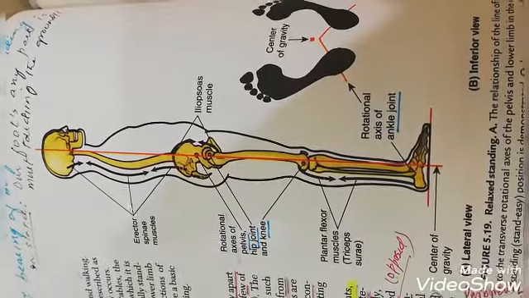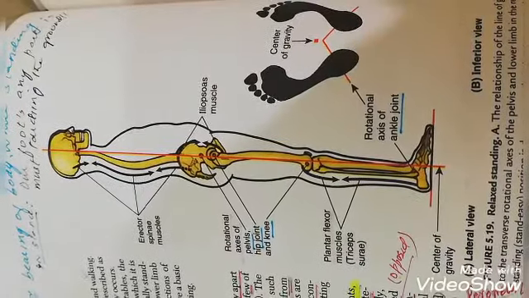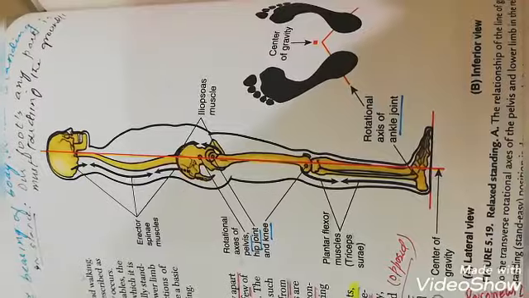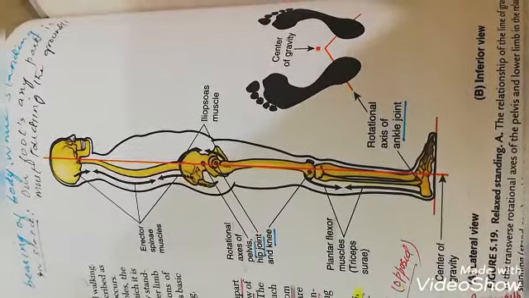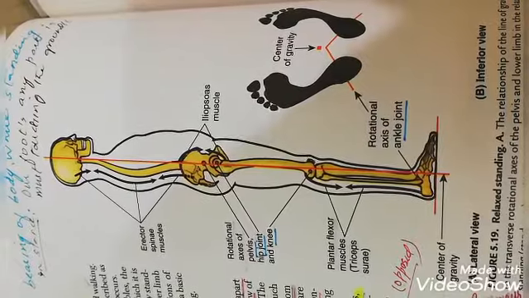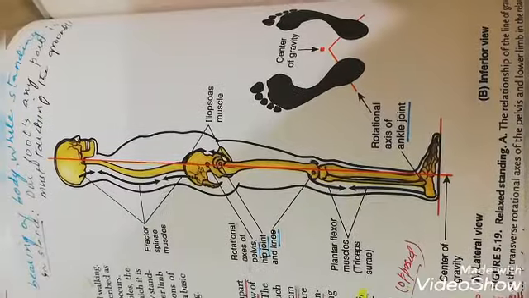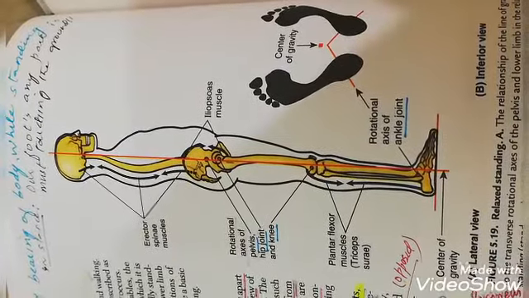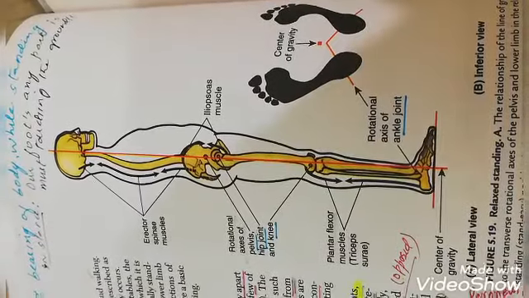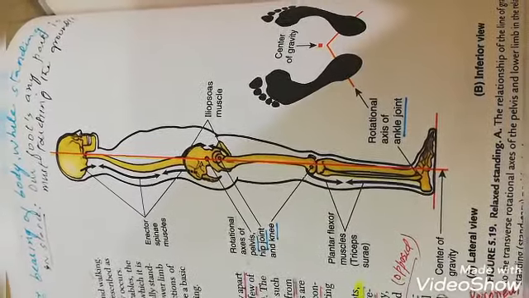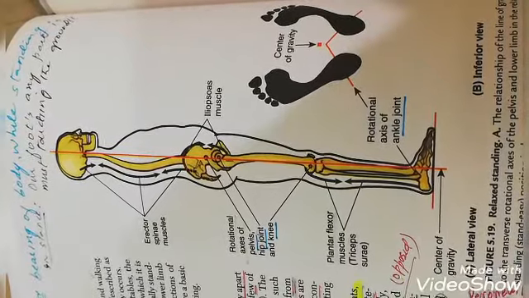Okay, let's see the stance phase, which has 5 subphases. The things common in all are the long flexor tendons of your feet and the intrinsic muscles taking part. They are all present to help out the stance phase. And in all 5 stance subphases, we have to preserve our foot arches and stabilize our pelvis.